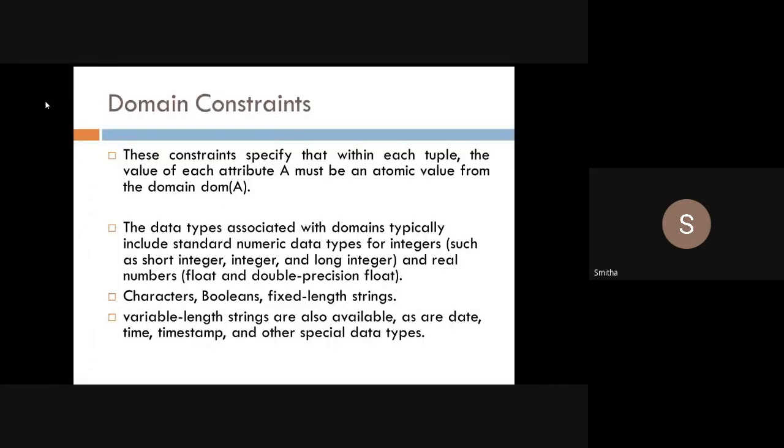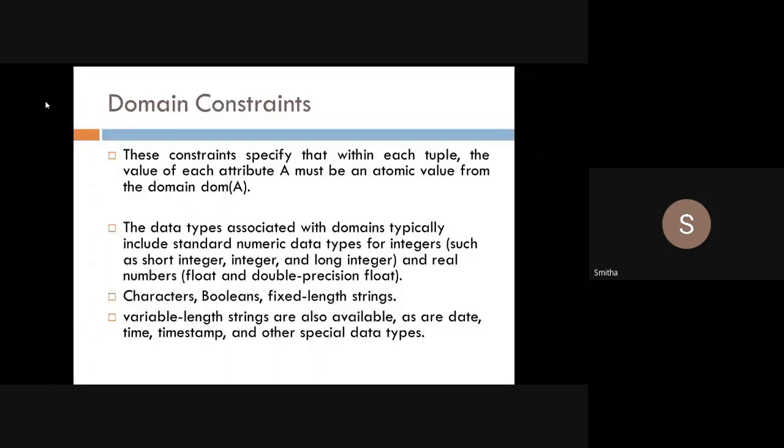Fixed length strings we can also have, and variable length strings are also available. Fixed length strings are for things like student name or college name. We can also give the date. Then time we can put, if we have any database in which we want to store the time.